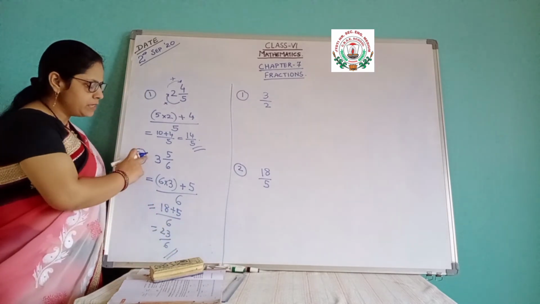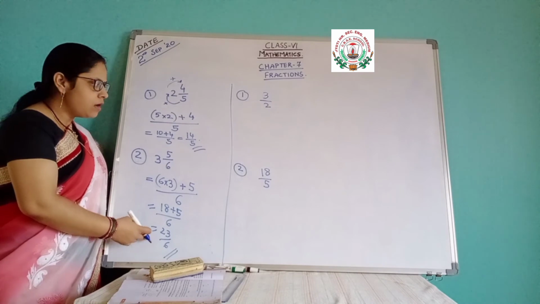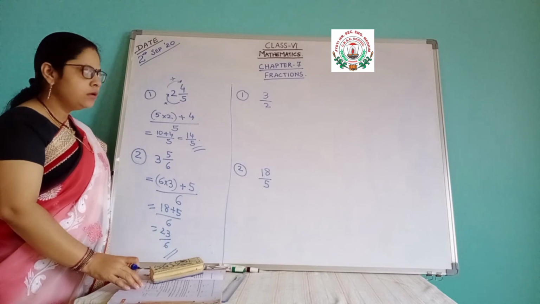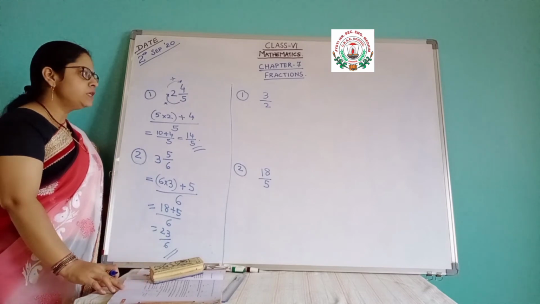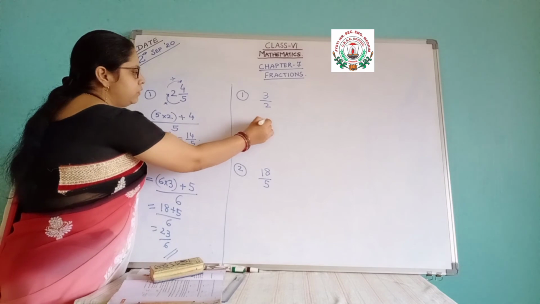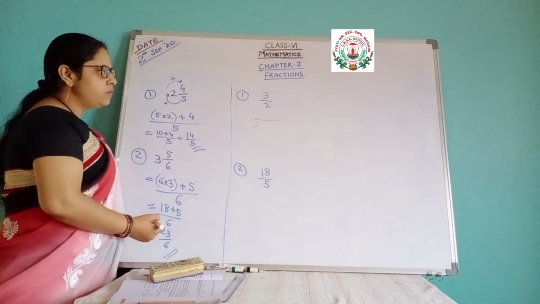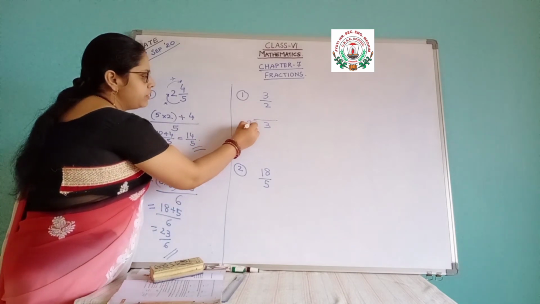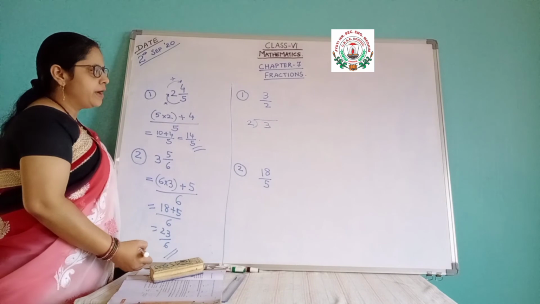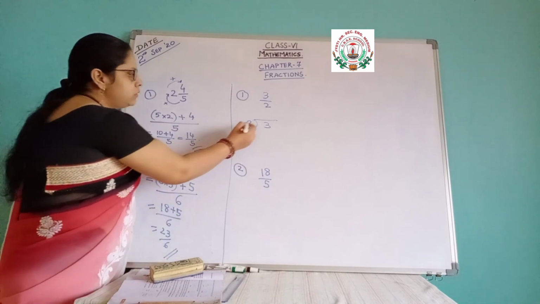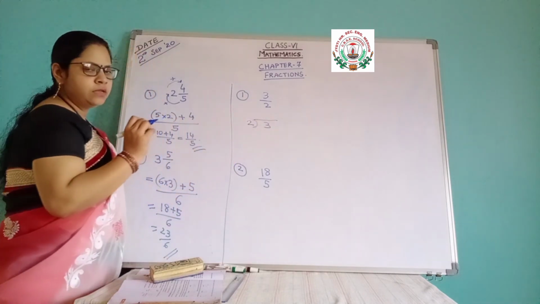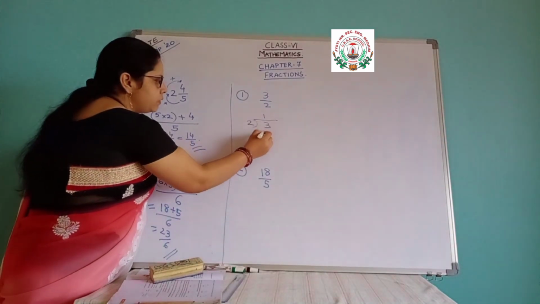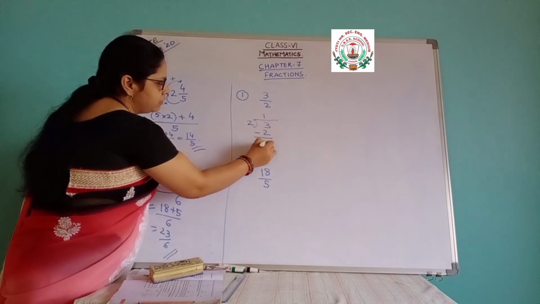Understood how to convert one mixed fraction to the improper one? Now the reverse order. Now here this improper fraction is given. Now you are going to convert that to mixed fraction. How we have to do that? You are going to divide here. How to divide? Numerator you will write in the dividend part and divisor part you will write down the denominator. Now divide it. As simple division you are doing. 2, how many times it will go? 2 times. It will give you 4. 4 is greater. So 1 time only it will go. 2 ones are 2. Subtract, remainder here.